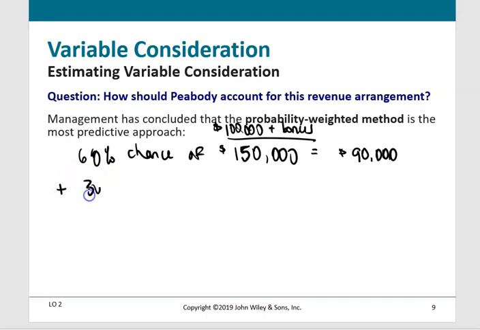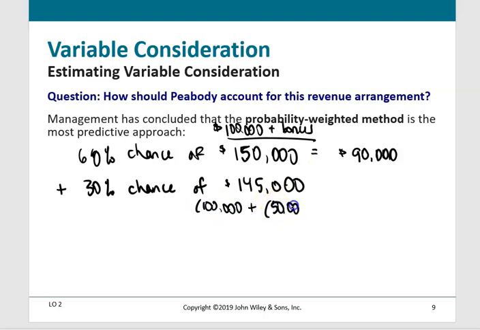We add to that there's a 30% chance that the contract will be completed 1 week late. In which case we would have the 100,000 plus a bonus that is $50,000 times 90%. So that bonus would be reduced by 10% if it was 1 week late. So that would work out to be 145,000. Again, that 90% is because we would reduce the bonus by 10% if it was 1 week late. So we take 30%, multiply it by 145,000 to get